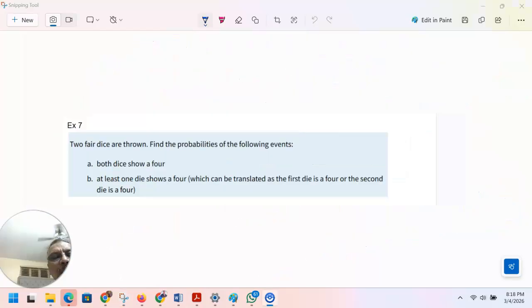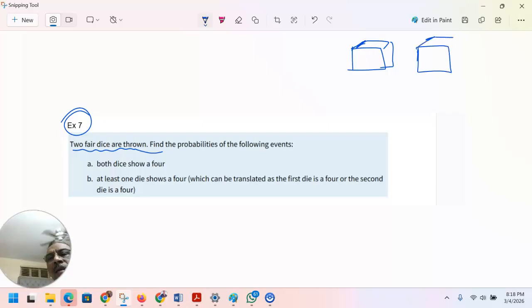Thank you. Okay. Example number 7 says two fair dice are thrown. So that means this is one die, and this is the second die, right? So we have seen in the class how to write all possible options. Now this could be any of 1, 2, 3, 4, 5, 6, and this could be any, again, out of 1, 2, 3, 4, 5, 6. And you can see there are all together